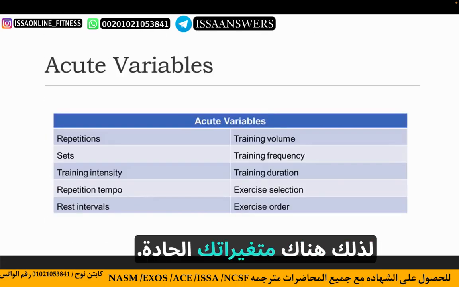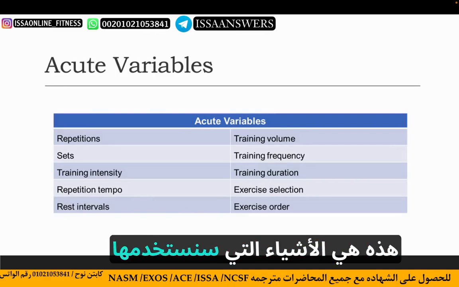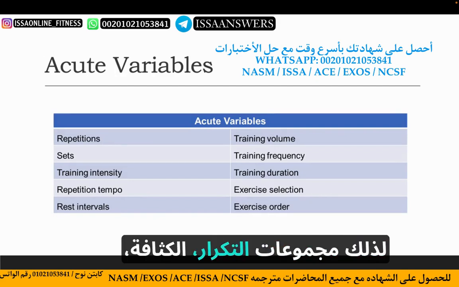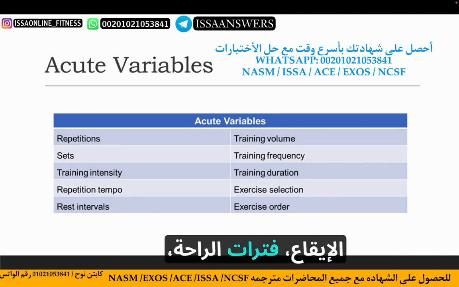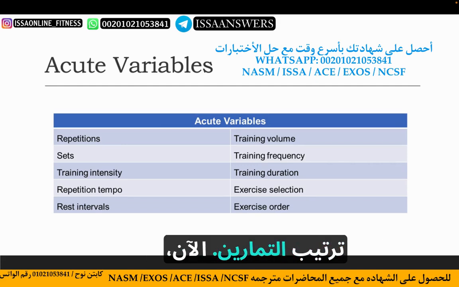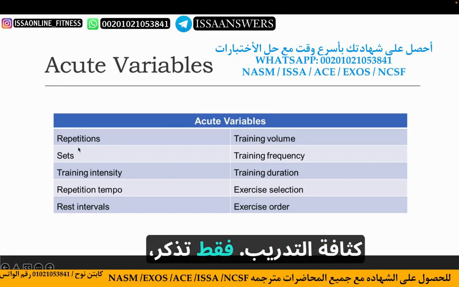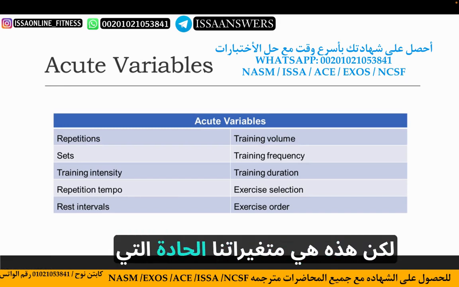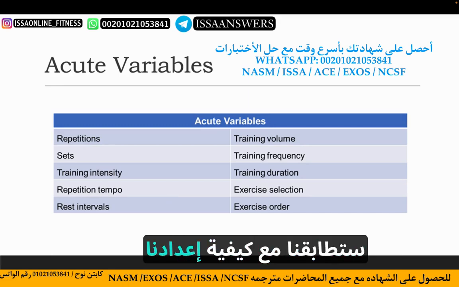So there's your acute variables. These are the things that we're going to be using to help us optimize our resistance training aspects. So reps, sets, intensity, tempo, rest intervals, training volume, training frequency, training duration, selection of exercises, and order of exercise. Now, training intensity, just remember, also relates to weight lifted. Okay, but these are our acute variables that will match us to how we're going to set up our people